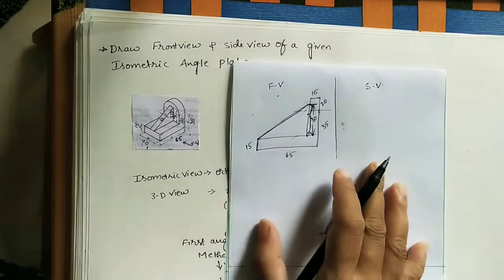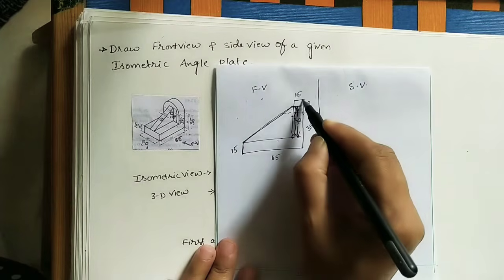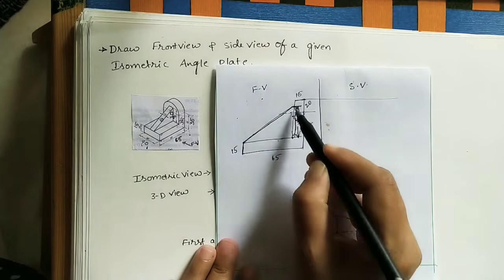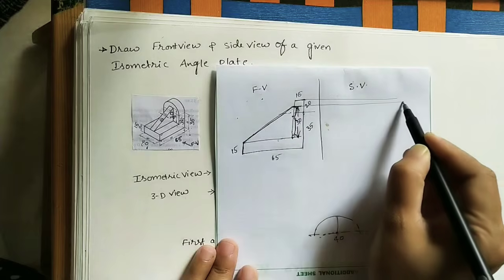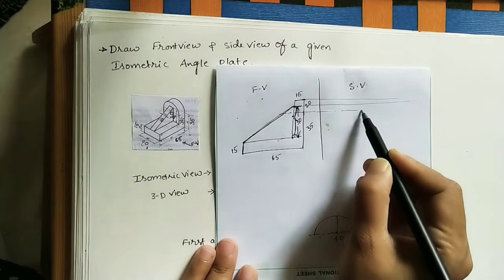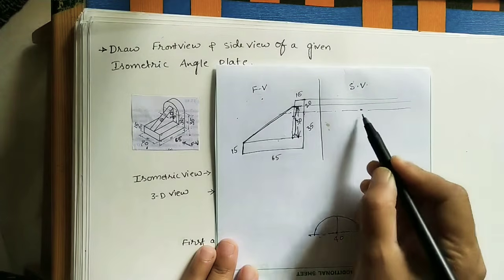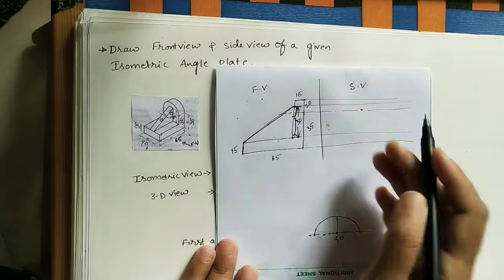Now this is the front view, and let us do the side view of it. For doing the side view, just draw the projector lines from the front view. This projector line should be in light color with pencil compared to the main lines. Here also do one projector line. At the axis also do the axis line. Don't do a continuous line. An axis line is always two long lines with a dot. Here also do one line, and here also do one line up to some length.